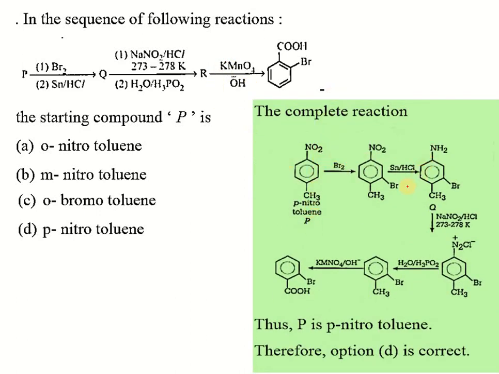So if you see the sequence, paranitrotoluene can be taken and it will convert into bromo compound, and bromo compound converted into aniline, and NO2 converted into NH2, NH2 converted into N2Cl. After that, N2Cl will be completely removed in the presence of H3PO2, and then this oxidizing agent KMnO4 applied means the side chain, that methyl group, will be converted to carboxylic acid. After observing this series of reactions, it is very clear that option D is the right option for this question.